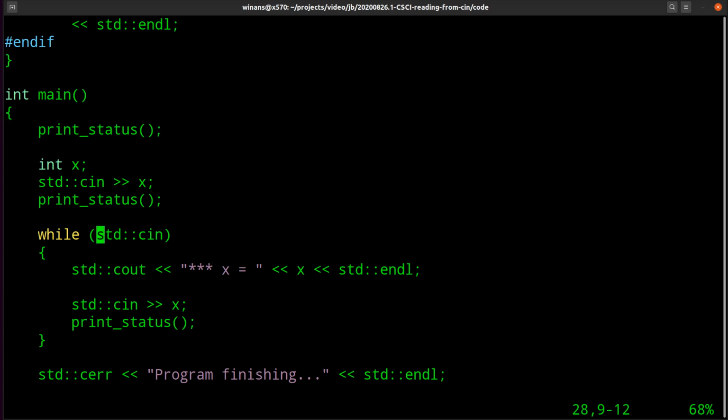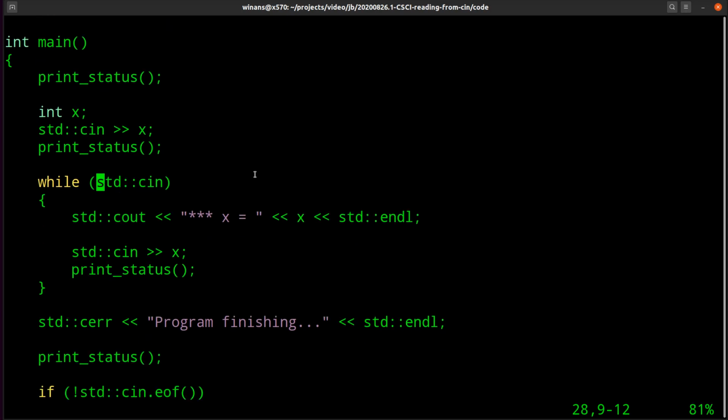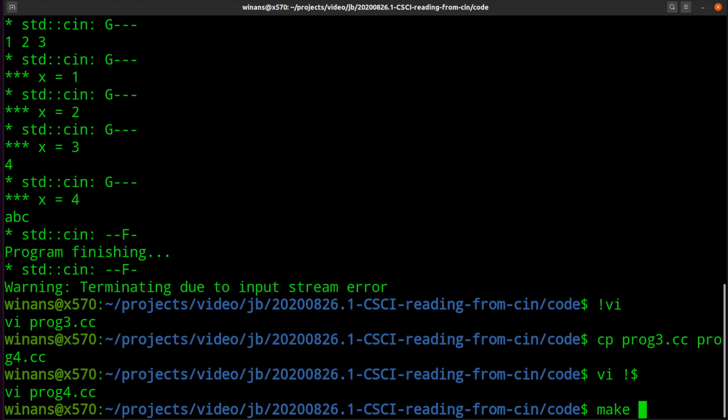It turns out that evaluating an input stream object in a conditional expression is the exact same thing as asking if the good flag is set. Okay? So we can actually do it this way. Let's compile it and see.